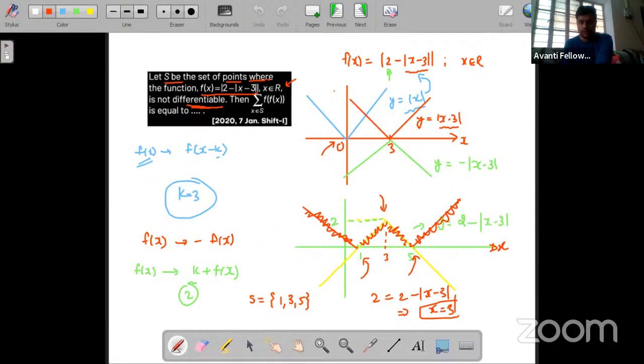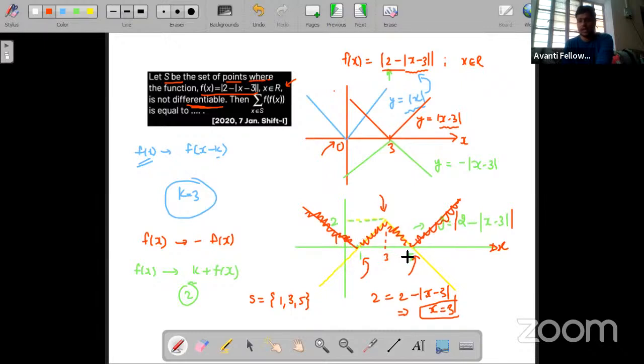Okay, sorry, my bad. There is modulus also, na? Because we have to draw this complete graph. Complete graph is this one. So 2 minus 3, sorry, x is equal to 0, we'll be getting here 3. 2 minus 3 is minus 1. Again mod means 1. So clearly we can see this is 1.